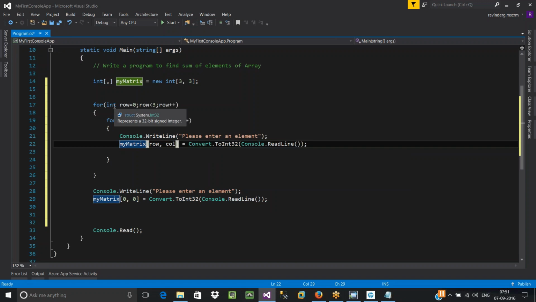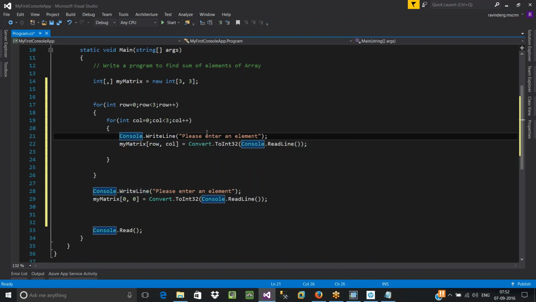Immediately it will not go to the external loop. Now column is going to be incremented by 1. Earlier it was 0, now it is 0 plus 1, which means 1. Again let's check this condition. What is the value of column? 1. Is 1 less than 3? Yes, the condition is true. It will go inside this loop.